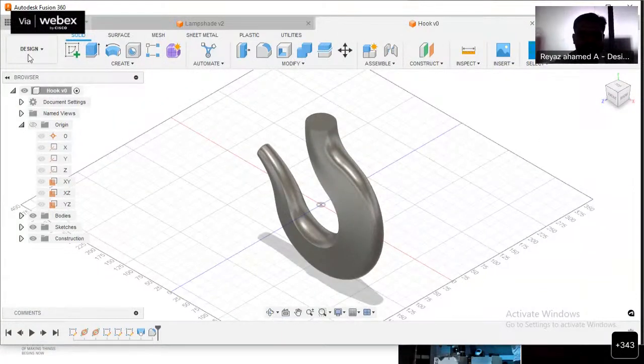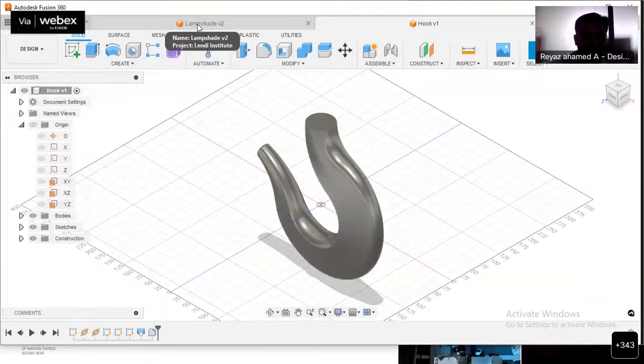See, the very first time I save the object, any kind of file, it is named as version 1 actually. If after some time you make some alterations and save it again, it will be saved as V2. So this is what solid modeling can be done with Fusion 360.